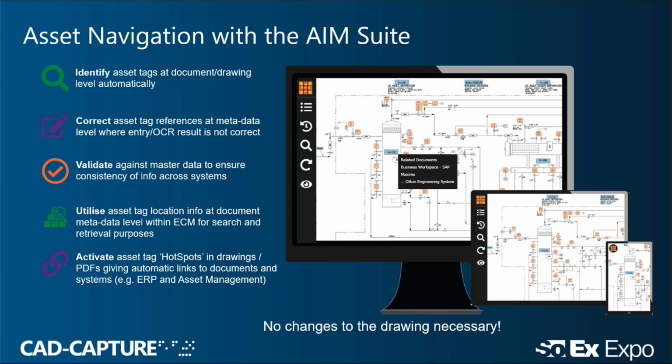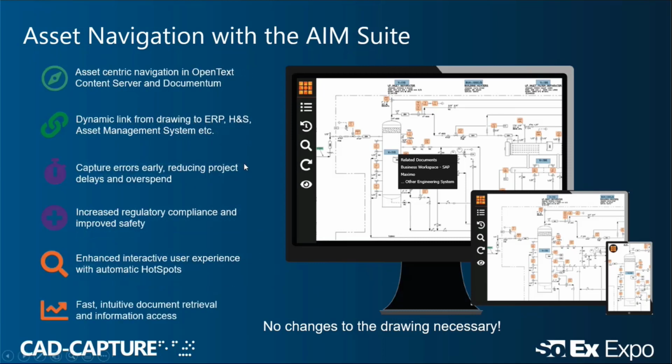So you can do tens, hundreds, thousands, tens of thousands of drawings and documents, and very often it's the latter number that people tend to talk to us about, sometimes in excess of hundreds of thousands of drawings and documents, and the system is able to manage all those different scenarios. The benefits it delivers: asset-centric navigation across any of the OpenText content management systems,